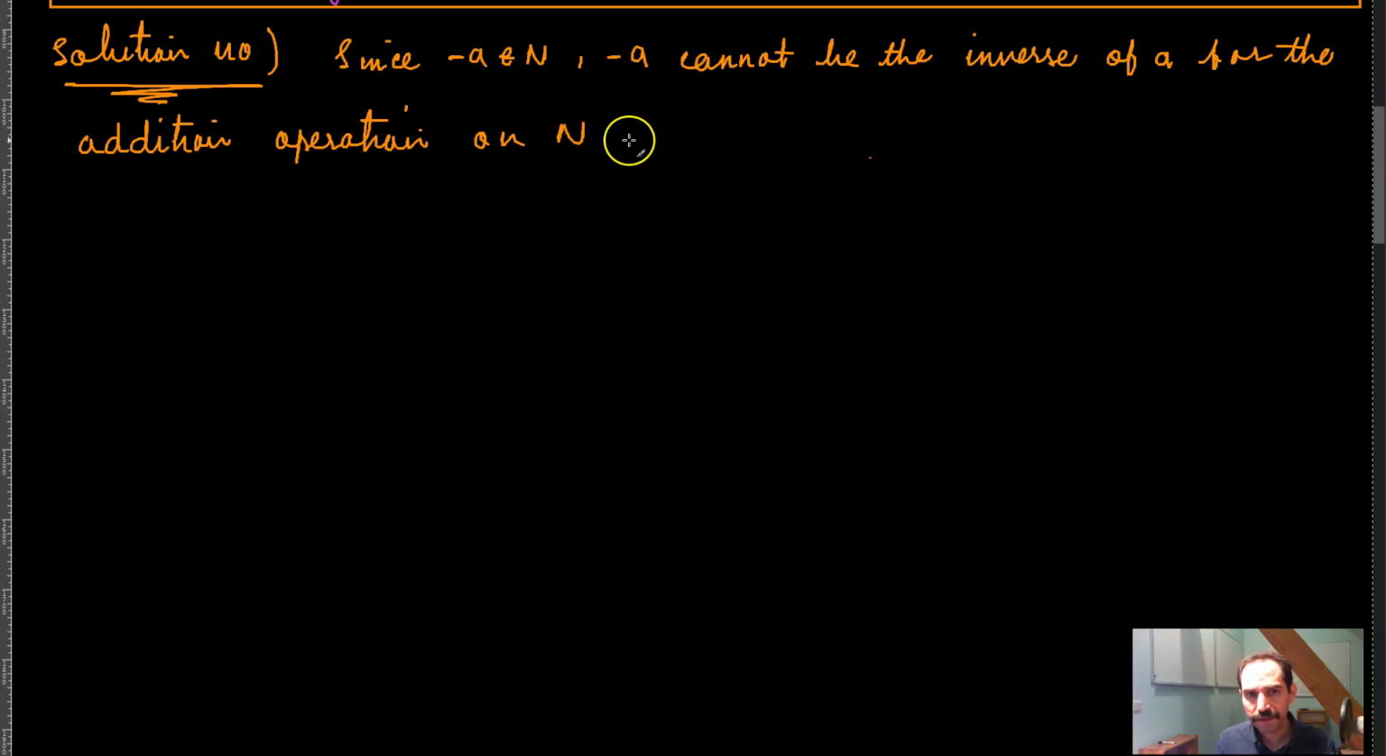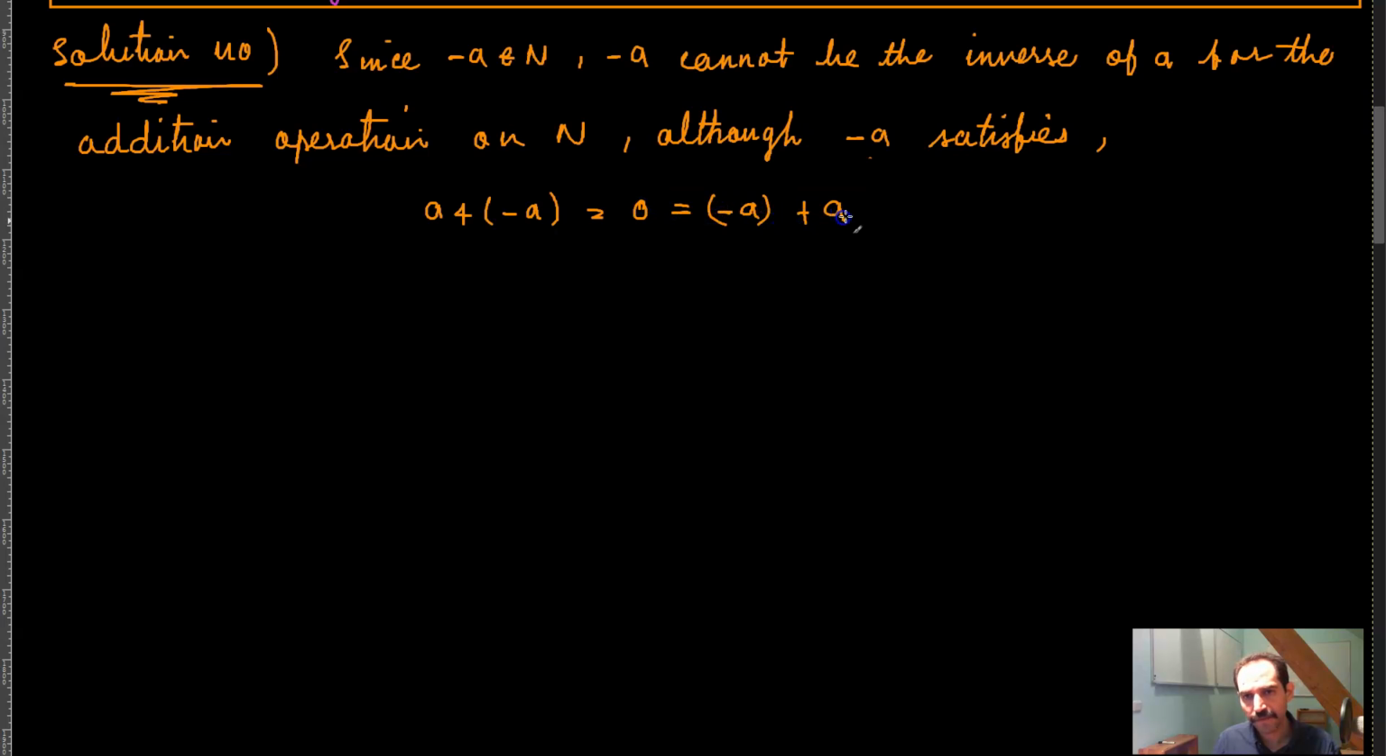Although negative a satisfies negative a plus a is equal to 0 is equal to a plus negative a, although it satisfies this equation, it doesn't exist in N. For example, if you take your a as 2, then negative 2 does not belong to N, so it cannot be the inverse of a for the addition operation on N. And similarly for a not equal to 1,